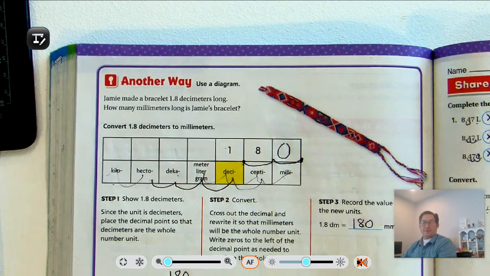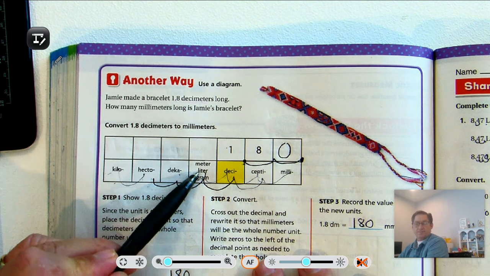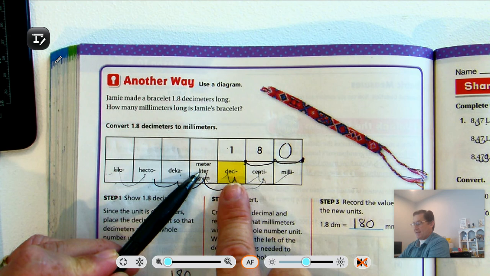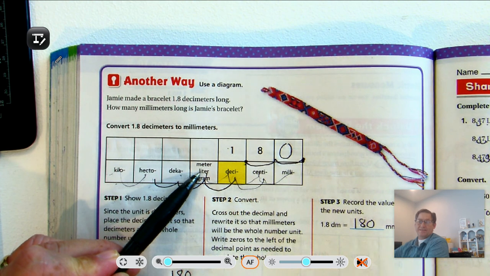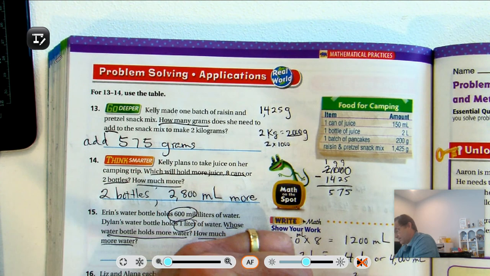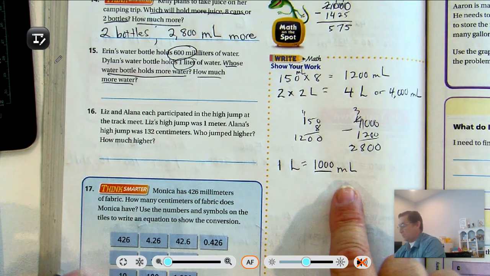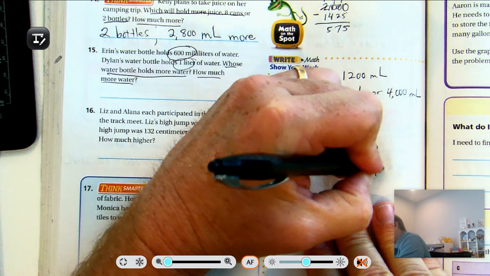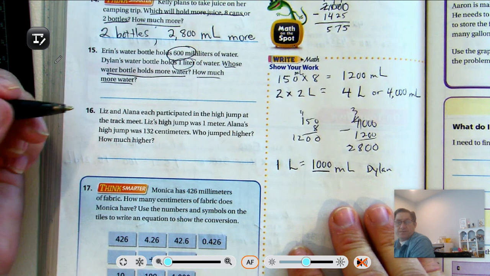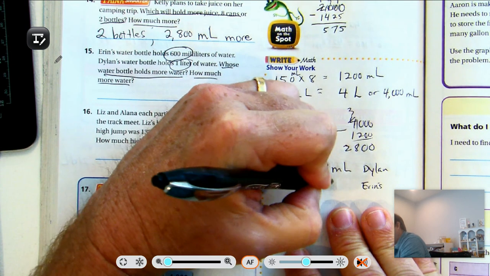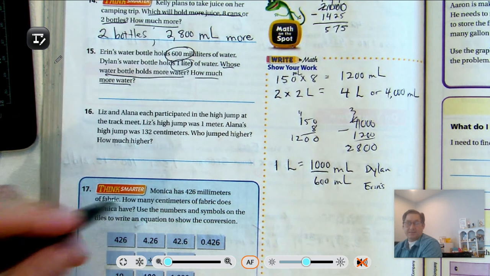So if we're at 1 liter, and we have to change that to milliliters, that's 10, 100, 1,000. It takes 1,000 milliliters to equal 1 liter. Okay, well, if Dylan's bottle holds 1,000 milliliters and Aaron's holds 600 milliliters, Dylan's bottle holds